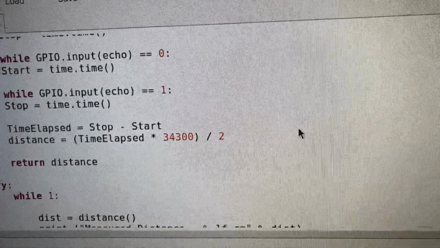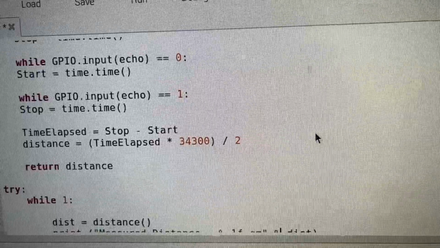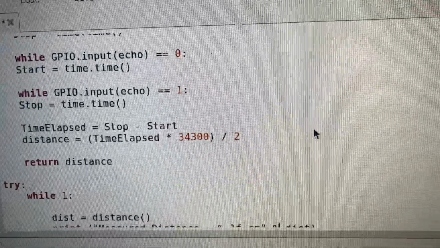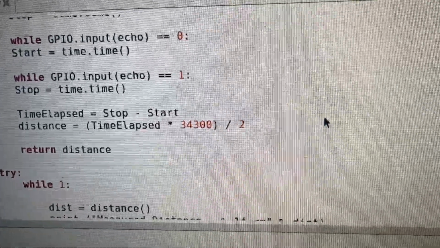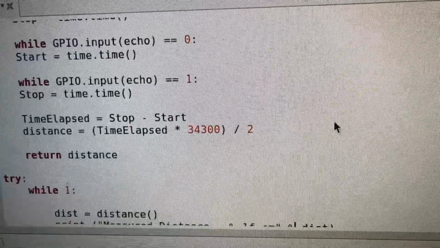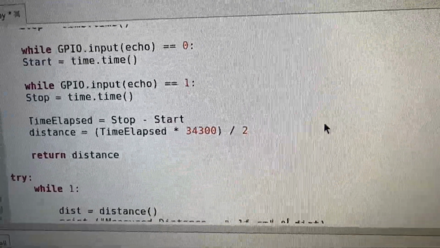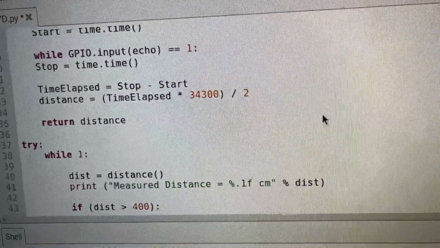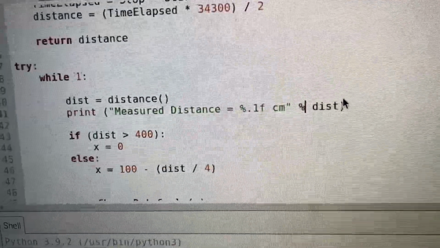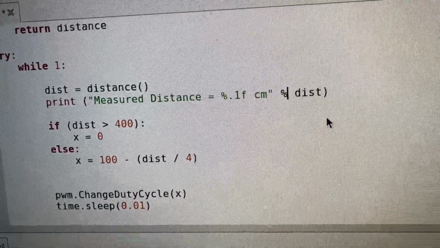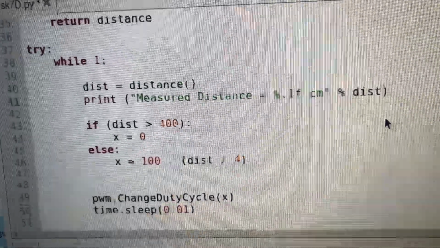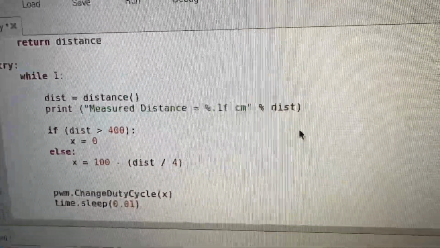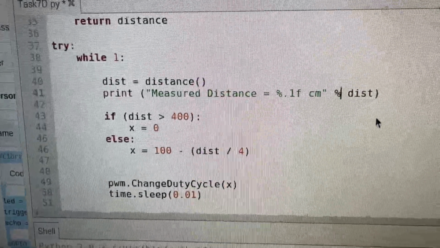As we know, the speed of sound in air is 343 meters per second, and we have converted it to centimeters, so 34300, and we are dividing it by 2 because there is a to and fro motion, and returning the value of distance. Then we have used this while loop for the pulse width modulation, as firstly it will